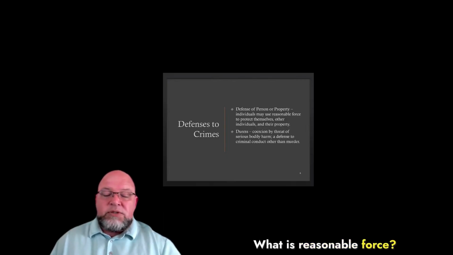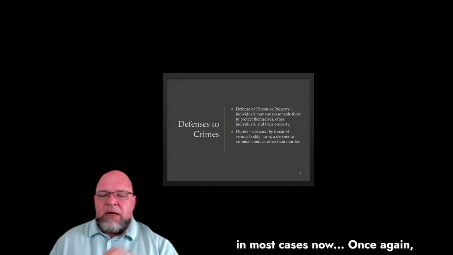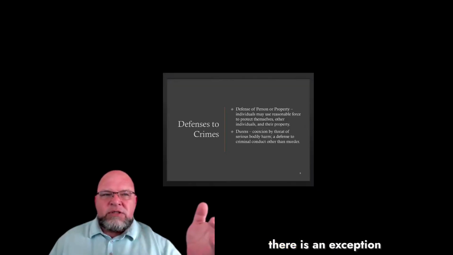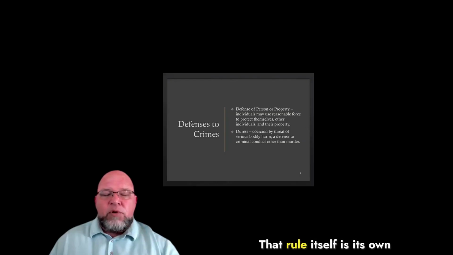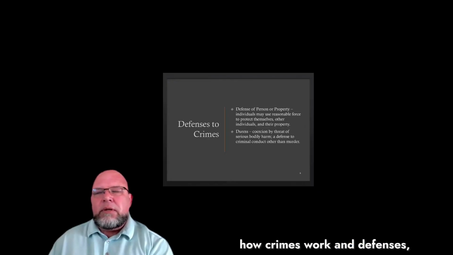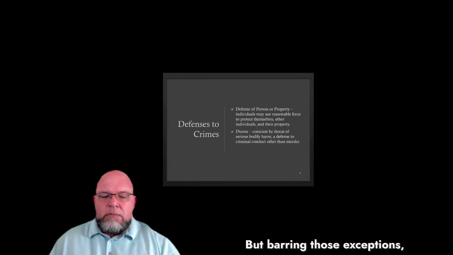What is reasonable force? Reasonable force, by definition, in most cases, now once again, there are always these exceptions. You probably heard the old adage, there is an exception to every rule. That rule itself is its own exception type thing. So when you think about how crimes work and defenses, remember there's always some exceptions here. But barring those exceptions,